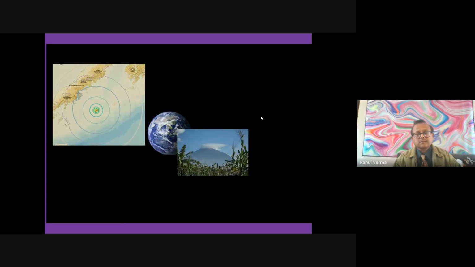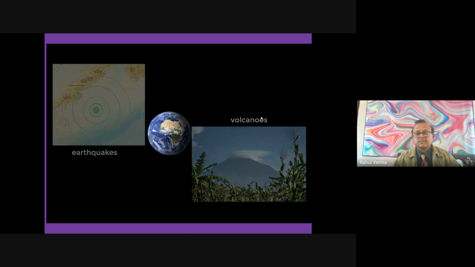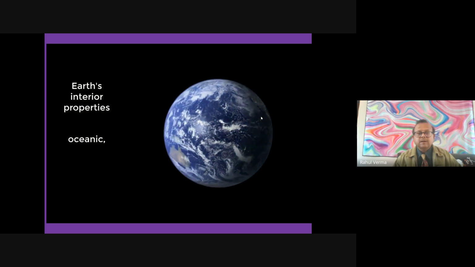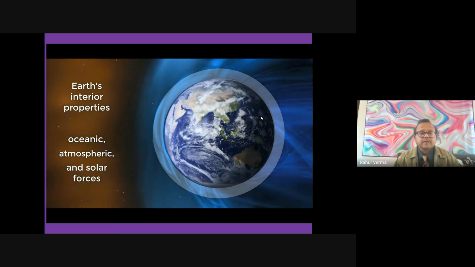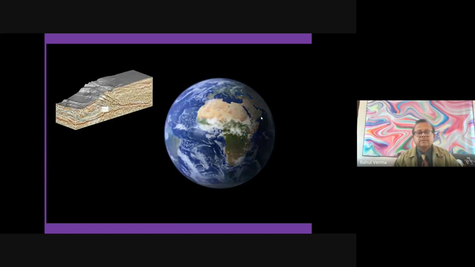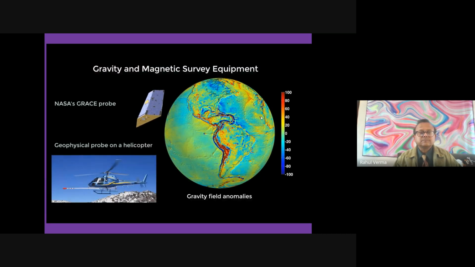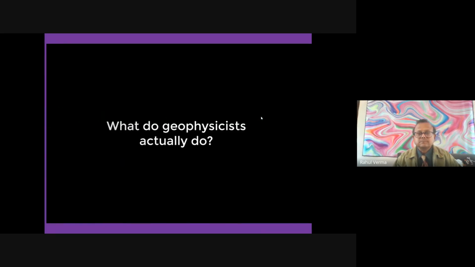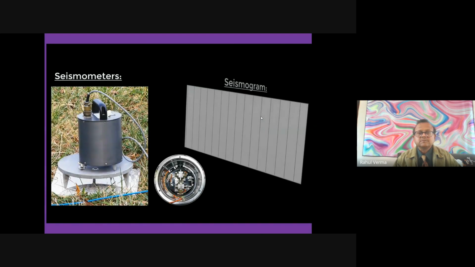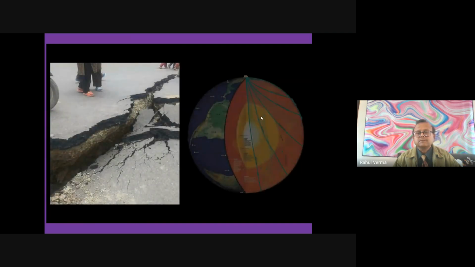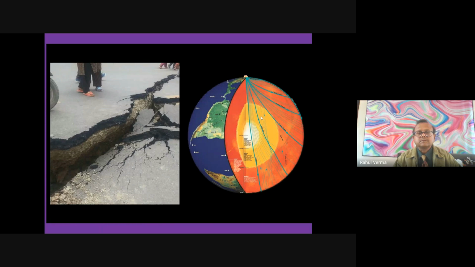Geophysicists connect the physical processes that we see and experience on the surface of the Earth, like earthquakes and volcanoes, to processes driven by the Earth's interior properties or affected by oceanic and atmospheric forces. Geophysicists examine what's inside the Earth at large and small scales, conducting surveys and generating maps of Earth's physical fields, often without disturbing the surface. What does that mean? Some geophysicists install instruments called seismometers to study earthquakes' impacts on people, as well as what earthquakes can reveal about Earth's internal structure and composition.